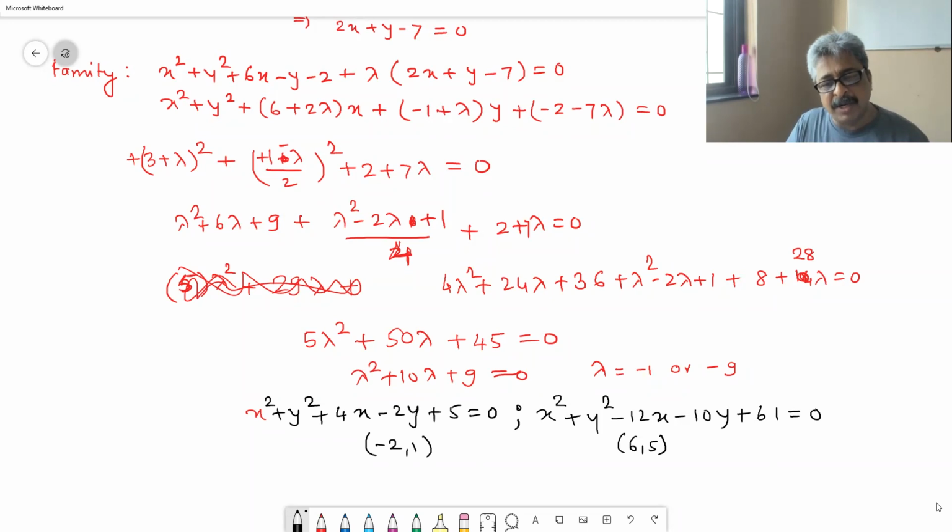These 2 points as diametrically opposite points, the equation of circle is,